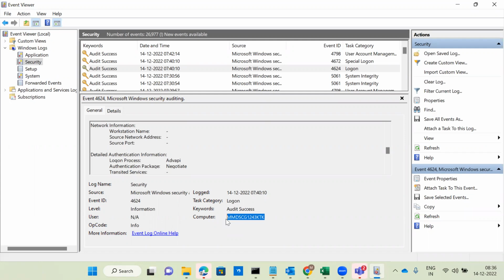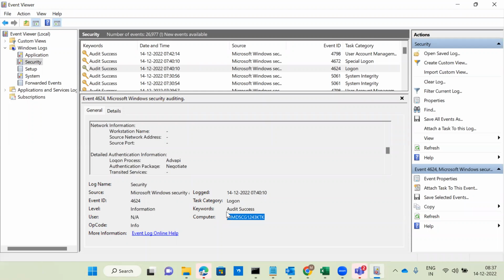Without knowing the computer, how can you check it manually? Example, the IP address as well as the computer name or host name are also missing. You are correct, I agree with whatever you said. So example, the computer name is missing, the IP address also missing. So based on the computer name, yes, you are right, you will come to Active Directory or the domain controller. Active Directory, the domain controller, is a centralized authentication and authorization server. My computer logs will also be there in the domain controller. You will come to the domain controller, filter out my computer name, and you can see the raw log. I agree with you on this one.